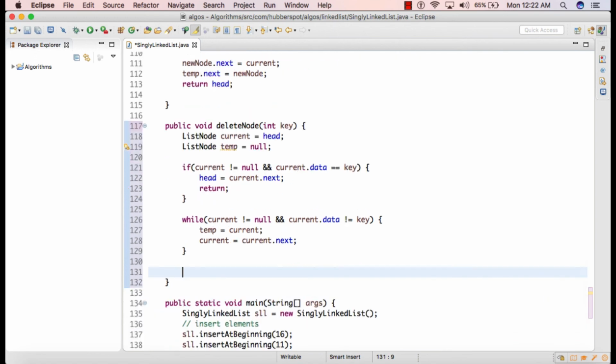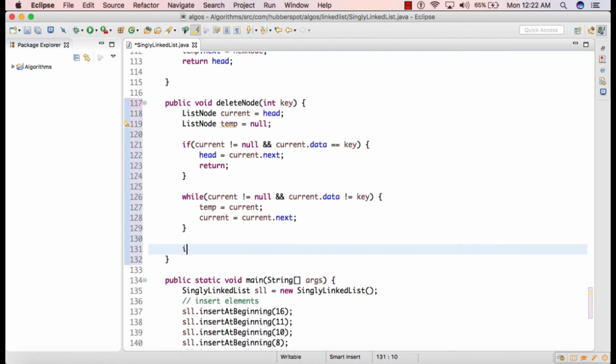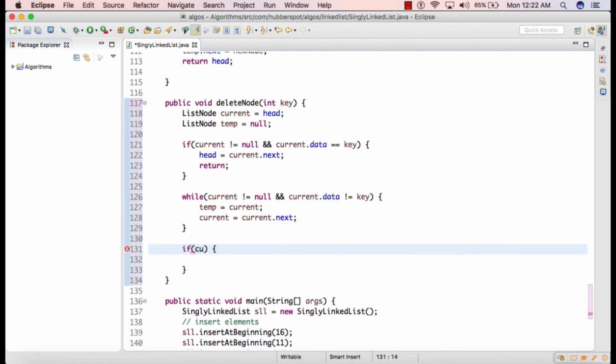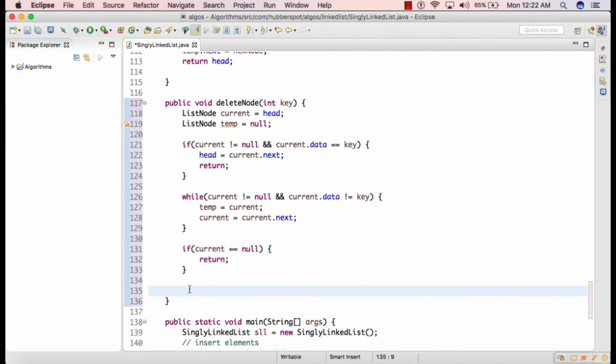After the while loop we'll check whether current is equal to null, which means we haven't found the key in the singly linked list. So we'll simply return. And if current is not equal to null, then current points to the node having the data equal to key.